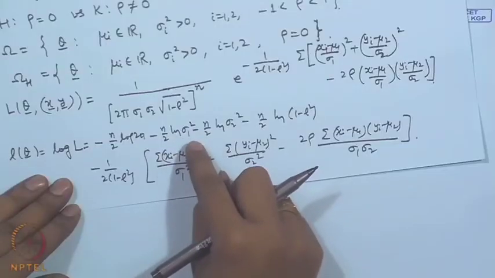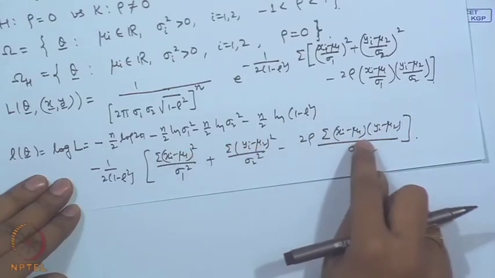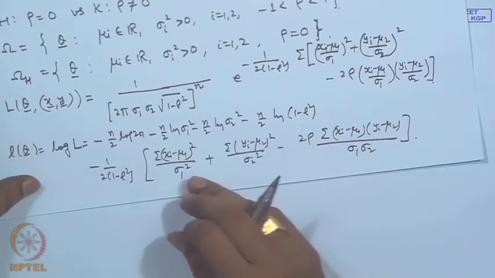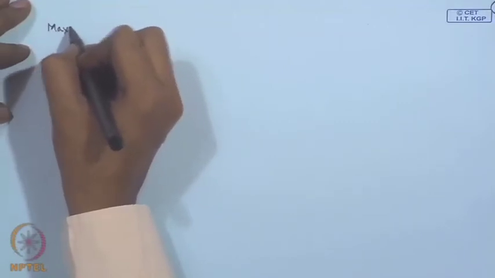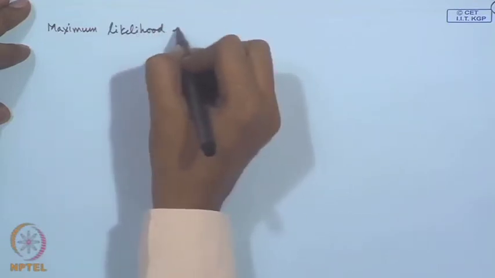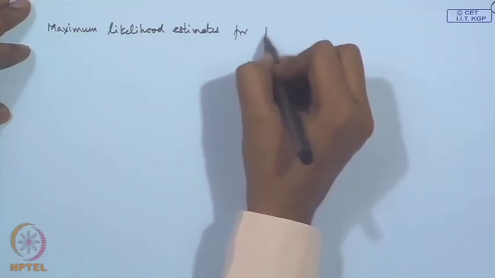Now, if we proceed in the usual fashion for the maximization with respect to the parameters, for mu i's I will get the sample means, for the sigma i squares we will get the sample variances, and for rho I will get the sample correlation coefficient. So, without getting into too much of the derivations, let me write the final answers here. So, the maximum likelihood estimates for parameters